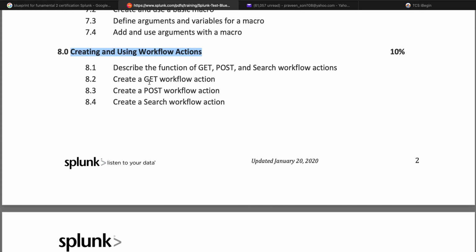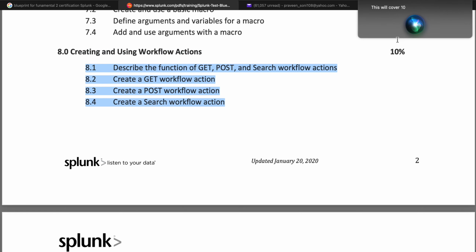So in this we are going to learn to describe the function of GET, POST and search workflow actions, create a GET workflow action, create a POST workflow action, create a search workflow action. So this will cover 10% of questions in the topic.